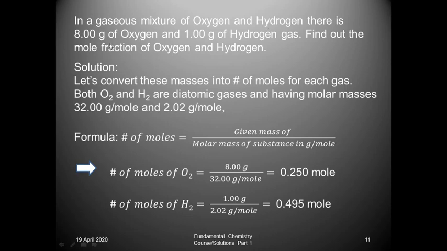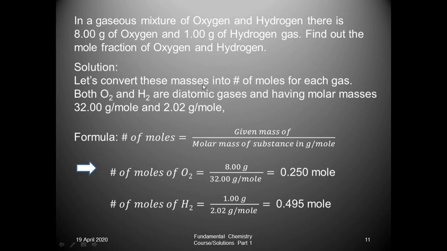In this problem there is 80 gram of oxygen in the mixture and only 1 gram of hydrogen gas, and we are asked to find the mole fractions. By mass they look very uneven in proportion. It seems like we have used a very large excess of oxygen and a very small amount of hydrogen. But when you do these calculations, you will come to know we have actually used more hydrogen molecules than oxygen. Let us do those calculations.